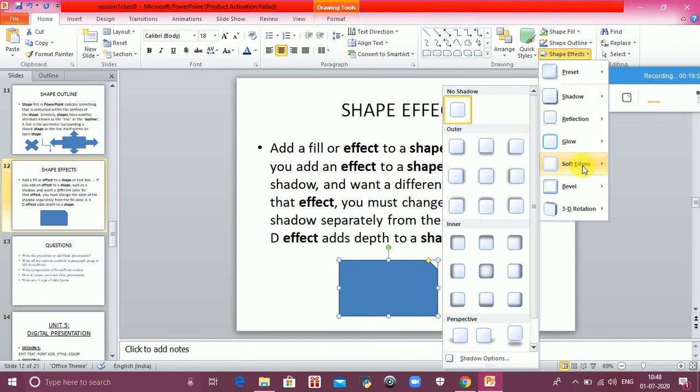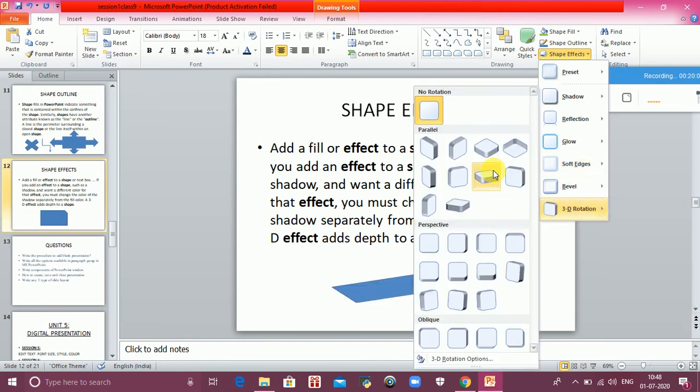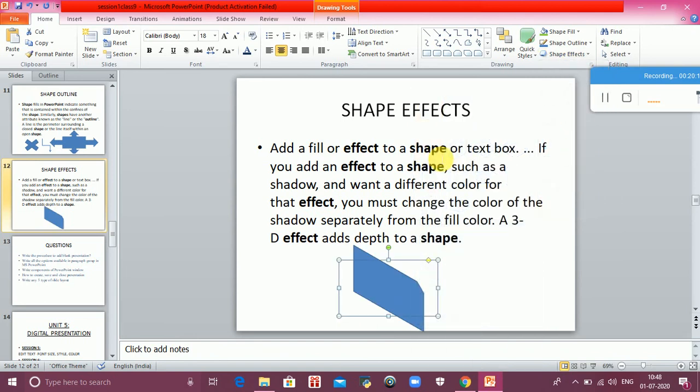So there are various shape effects like 3D rotation. You can see as the options are changing, the shape is also changing. This is a 3D.